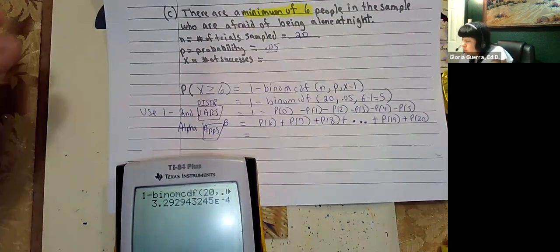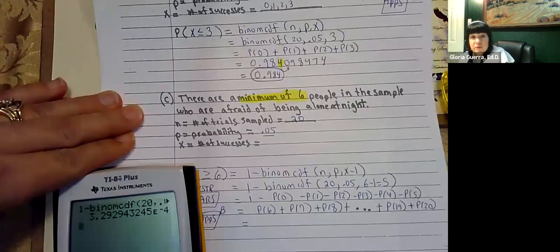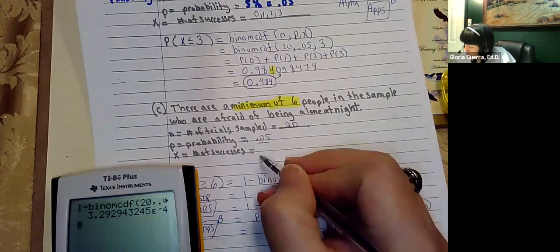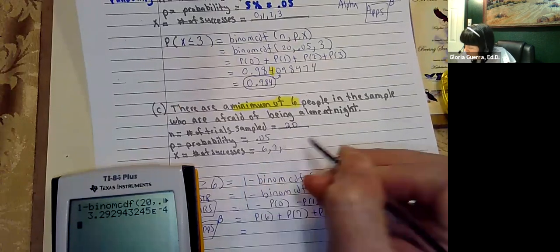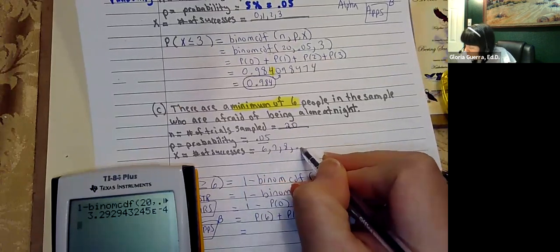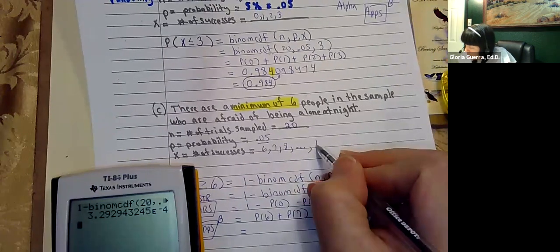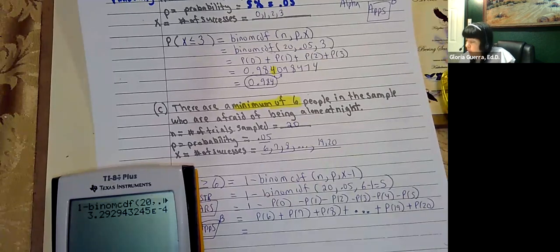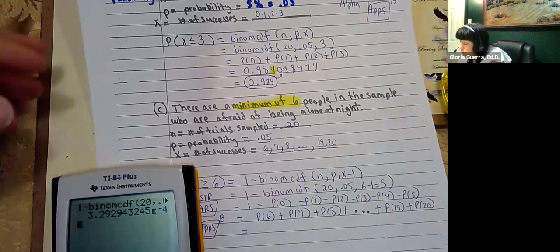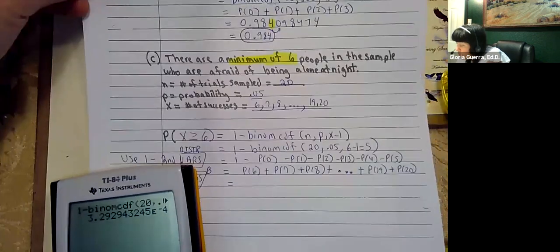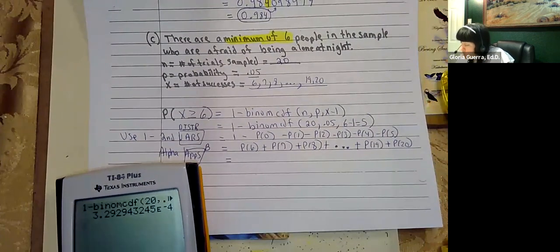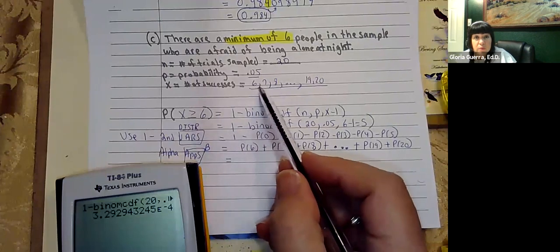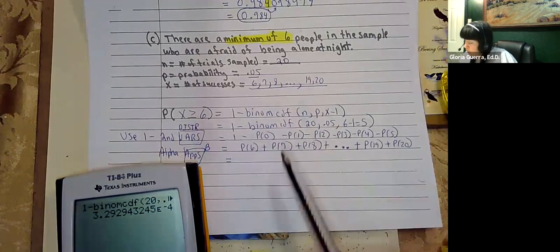Oh, and then the other thing is also, once you have this, what you're finding, now you know number of successes is you want, this is 6, 7, 8, all the way to 19 and 20. That's what you're finding, okay? And it makes sense here. See, greater than or equal to 6. See? All right. Okay, so then this is